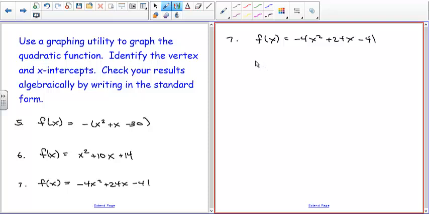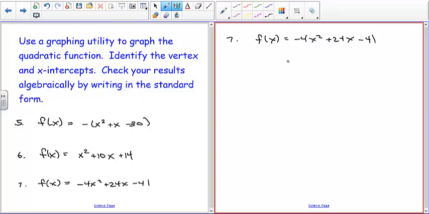And we'll show you how you can figure that out without even graphing it. Once you can see I have negative here, so it's going to be pointing down like that. So if the vertex is below the x-axis, then there are no x-intercepts. If the vertex were above the x-axis, then you would have x-intercepts. So what we have to do is, once we find the vertex and we know which way this thing's pointing, we'll be able to show that we know there's no x-intercept, so we don't have to even try to figure